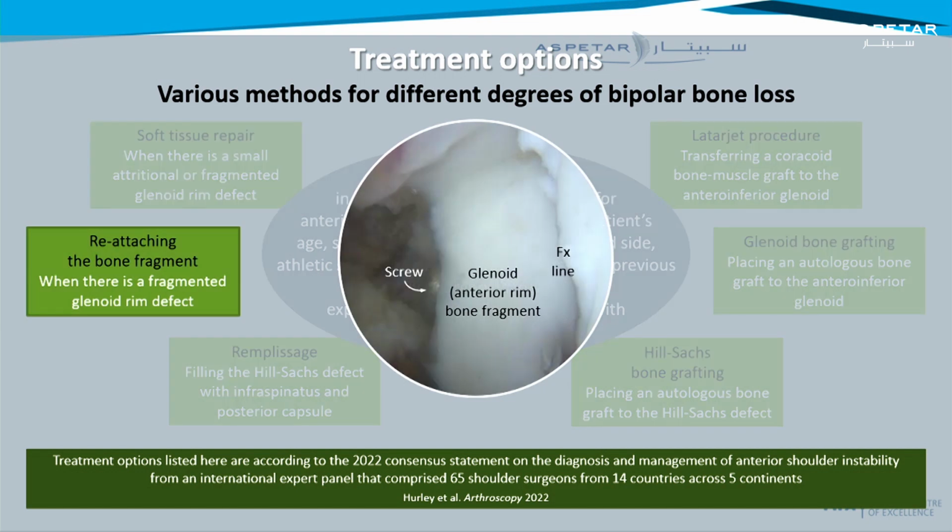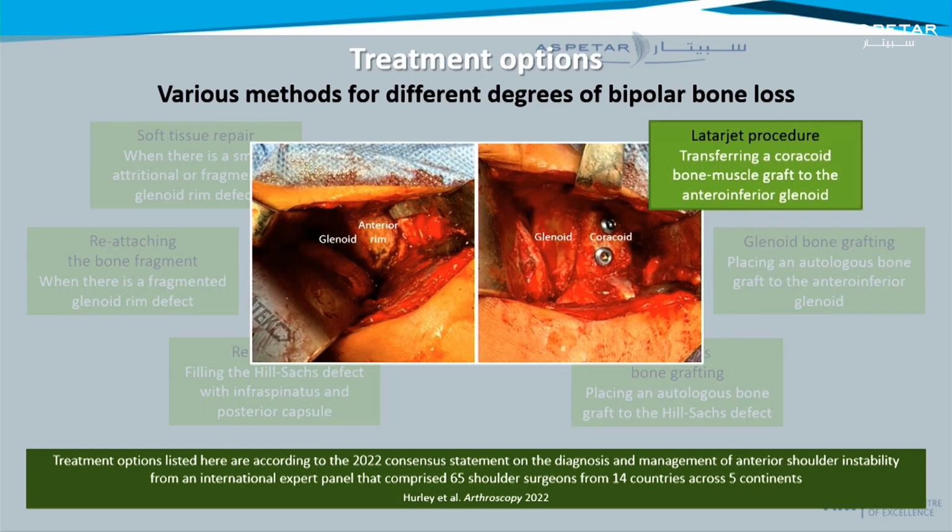On the other hand, in my cases, if these patients have a big glenoid rim fracture, arthroscopically I can do screw fixation. This is also a fixation technique and a treating technique for shoulder instabilities. And also if the patient has a big glenoid defect, I'm going to tell you how big, I will go with